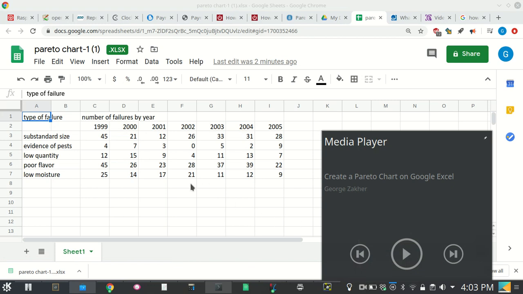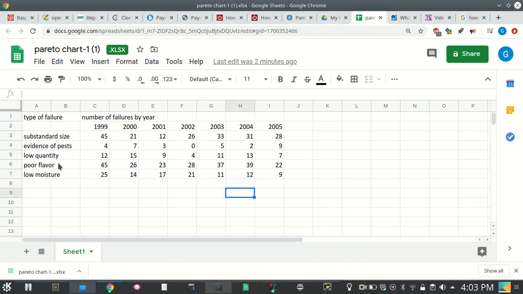Okay, so I have the data here now, and this data has some categories. These are the quality factors. These are not about the aquaponics garden, of course. These are about some food manufacturing business. So these are the different quality factors, the factors behind the failures, and these are how many times that failure occurred